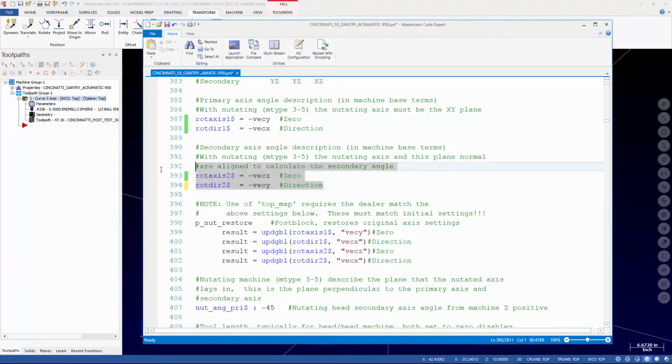which is the Y, that means I can't have Y in either of these here. So this has got to be vec X. And it's either positive or negative. We won't know till we try it. So for the C axis,